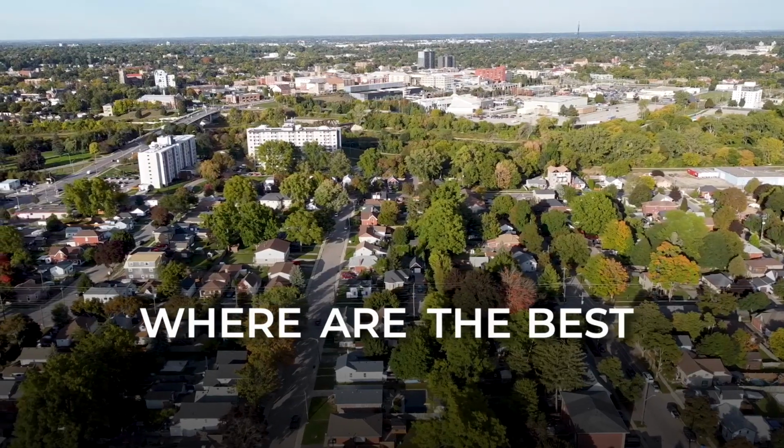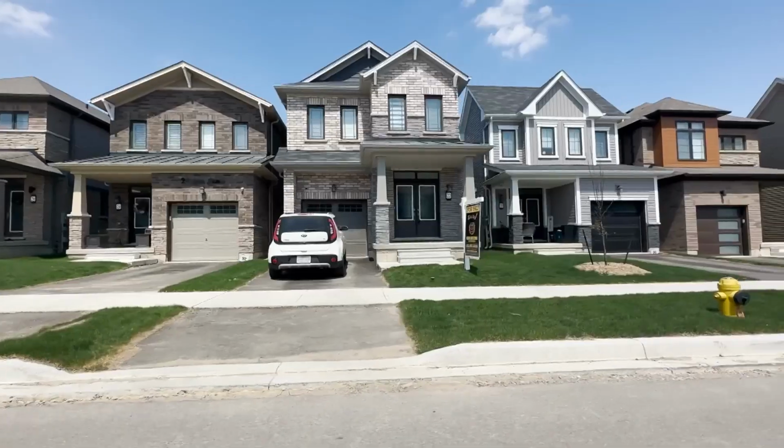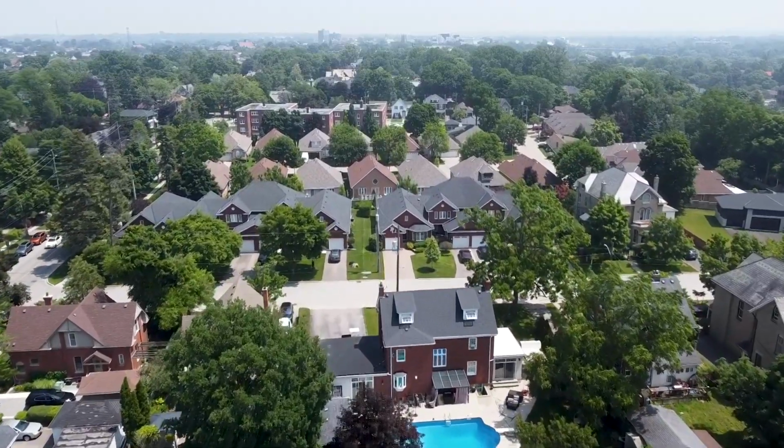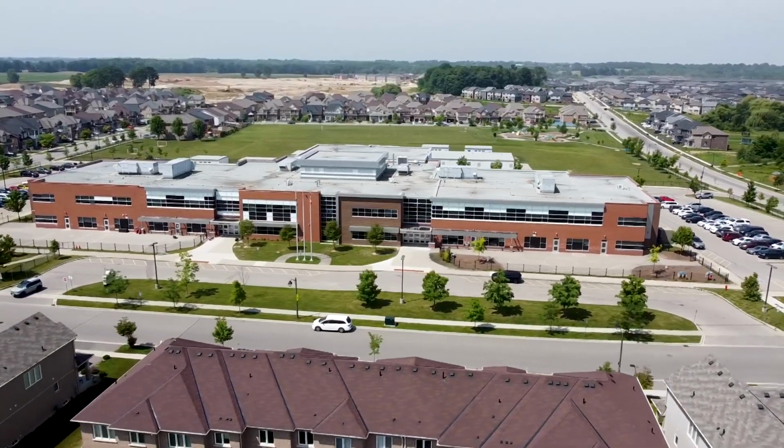Where are the best neighborhoods in Brantford to move to? As Brantford is going to offer something for everyone, as it has those newly built neighborhoods as well as those more established neighborhoods with great amenities and schools nearby. So let's just jump on into it so you can best find out what neighborhoods work for you and your